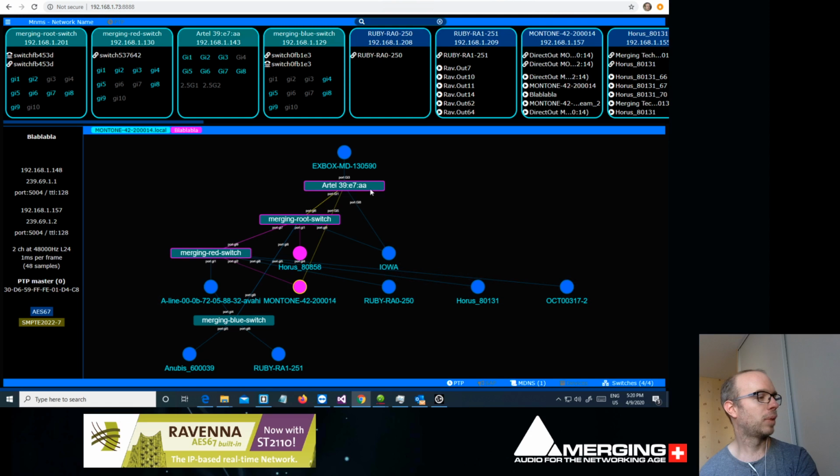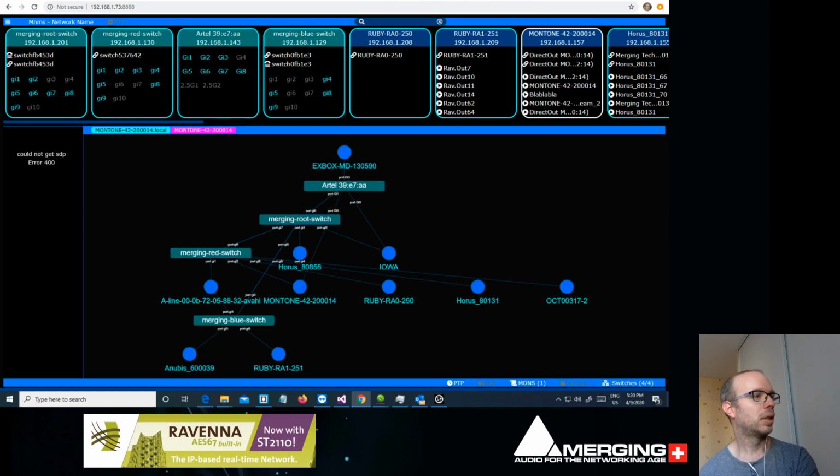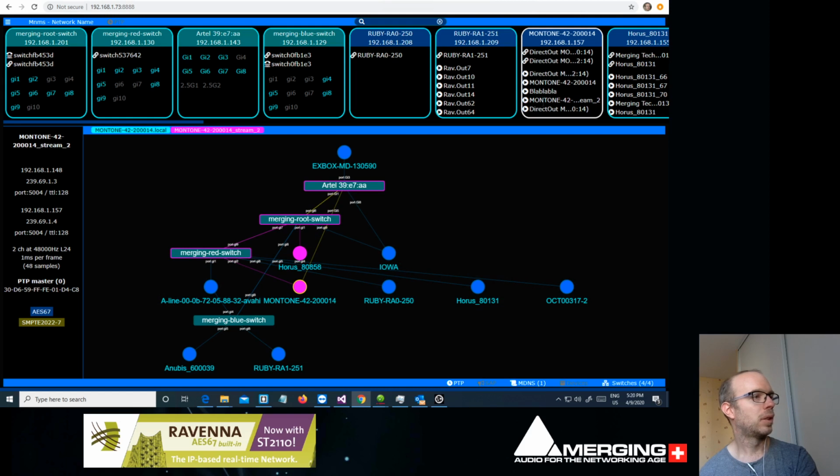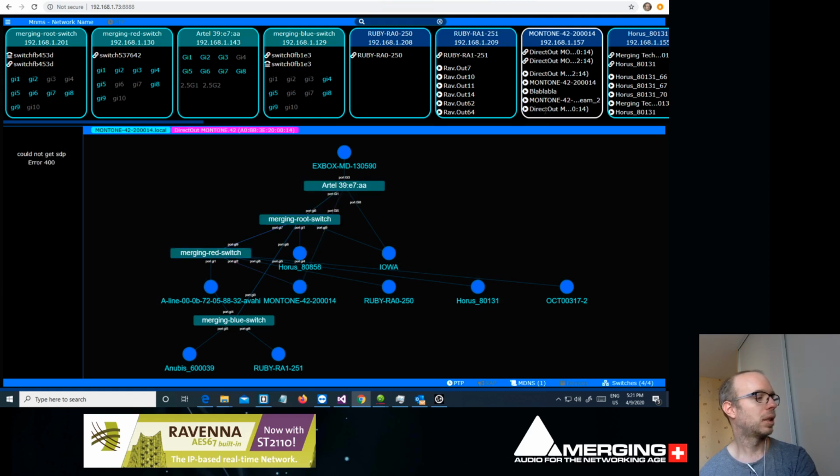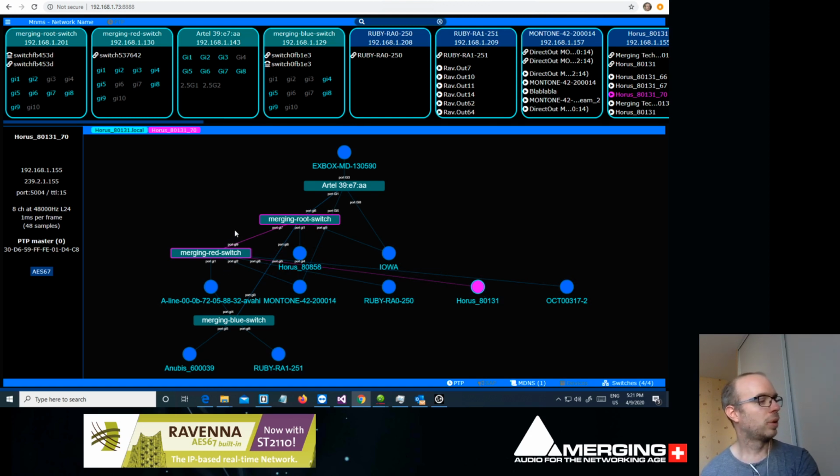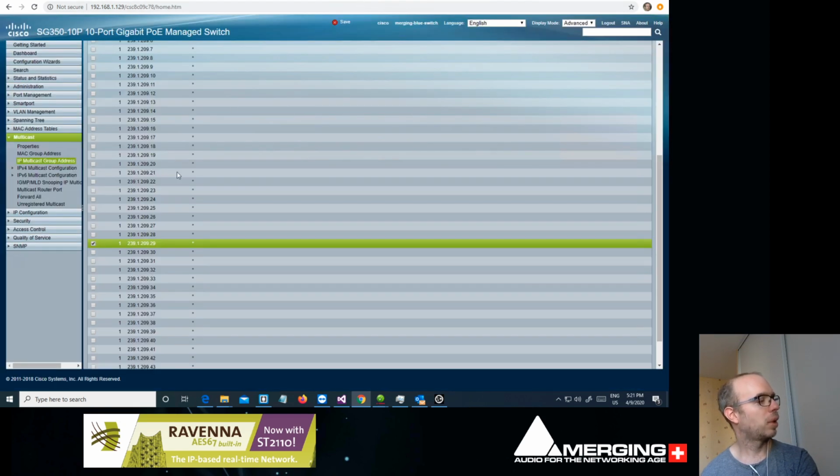So this stream is coming from the Montone, and it is received by the RS148. This is not a stream. So this is received as well. This is not a stream. So here you have a stream from the RS131 that is also going up to the root switch. So these multicast router ports are very important in a